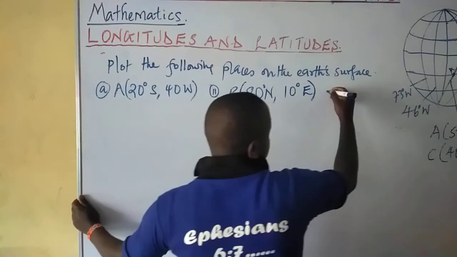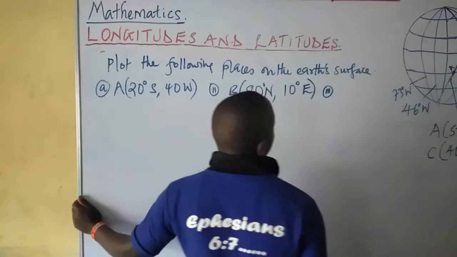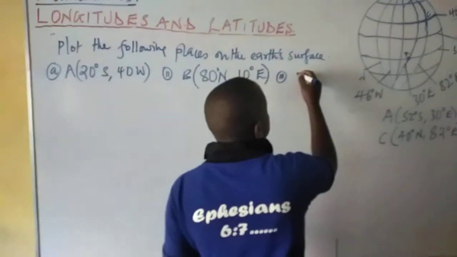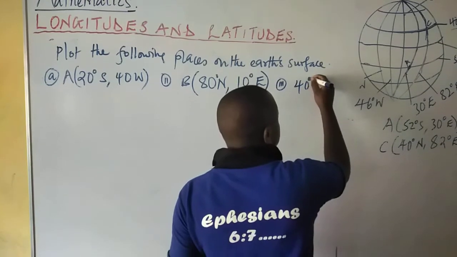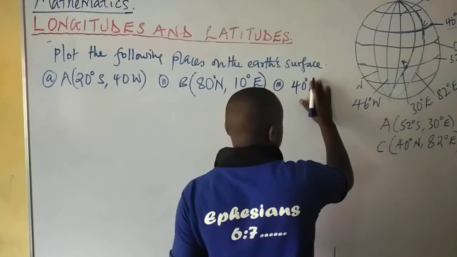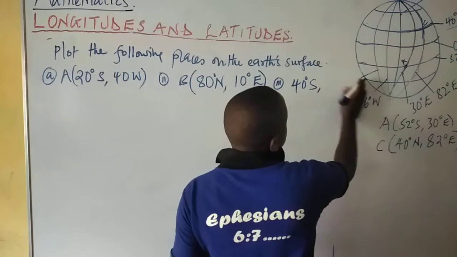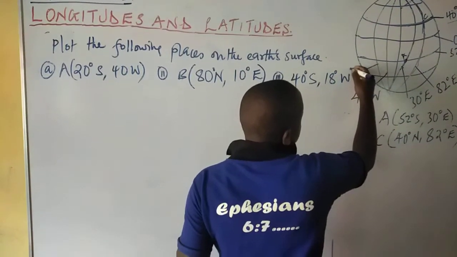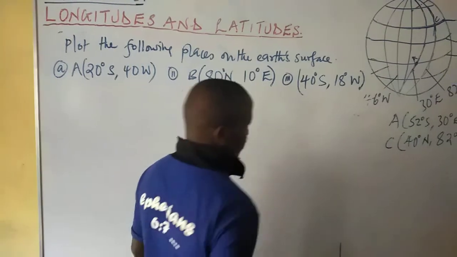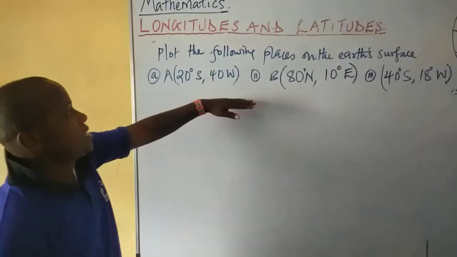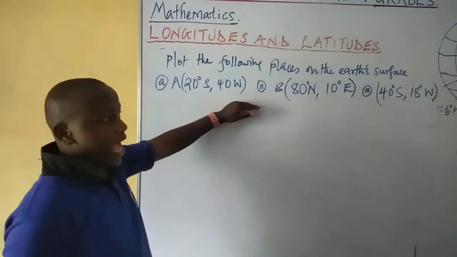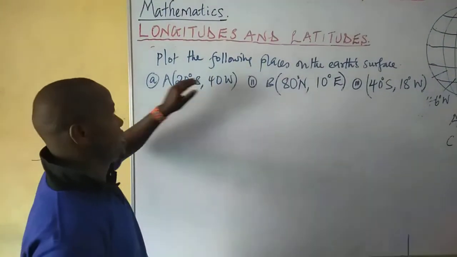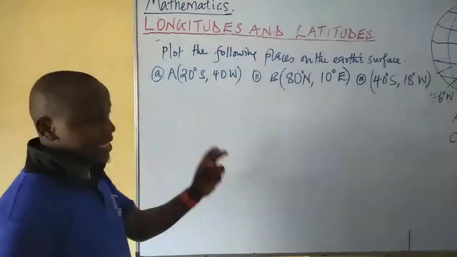Then lastly, Roman 3, we have 40 degrees in the south and 18 degrees in the west. Plot these places on the Earth's surface, because coming up with the position of a place on the Earth's surface